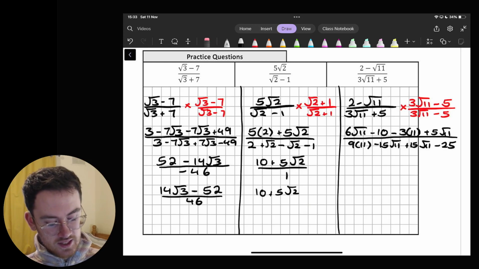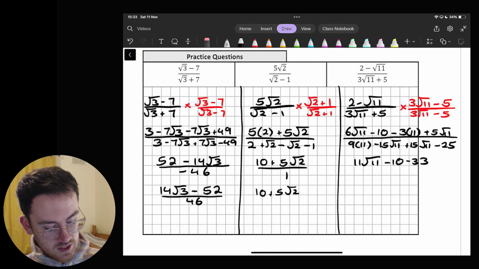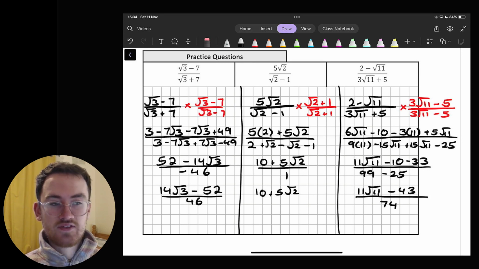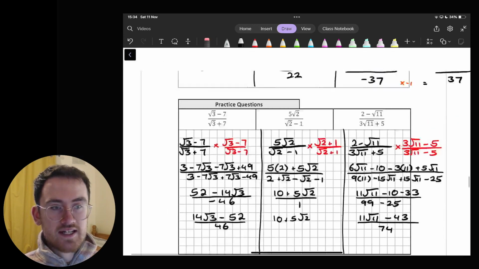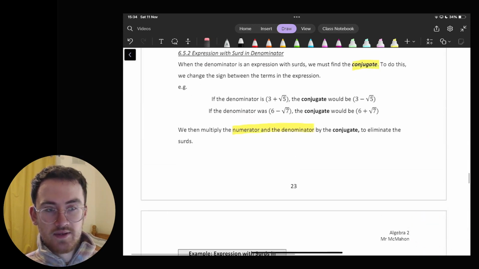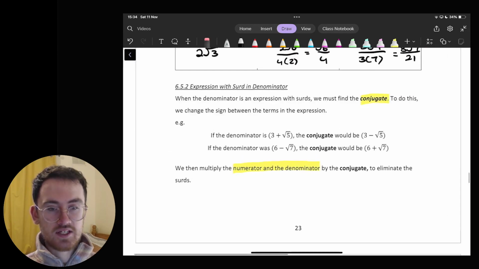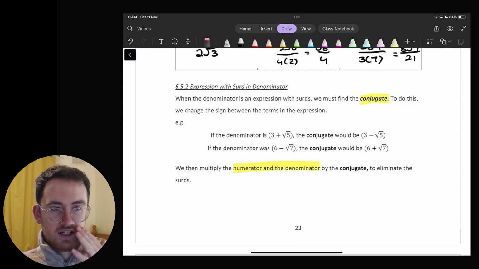So simplifying all this down again as best we can, 11 root 11 minus 10 minus 33 all over 99 minus 25. So I get 11 root 11 minus 43 all over 99 minus 25, which is going to give me 74. Okay? So the main thing to prioritize here is just this last section, rationalizing the denominator. Making sure that, particularly for these ones with the surds in the denominator, you're able to rationalize in that way. Getting the conjugate of the bottom part, multiplying top and bottom by that, and using that to reduce your surds down. As we've said, you can always verify with your calculator, but you need to be able to show the steps